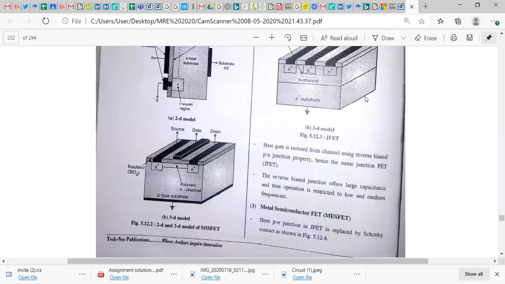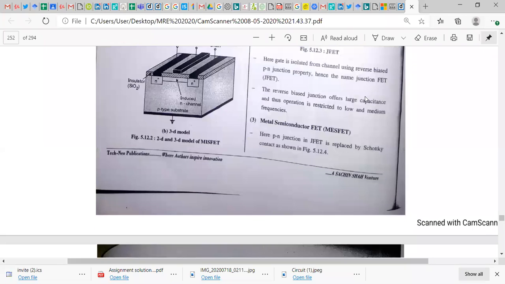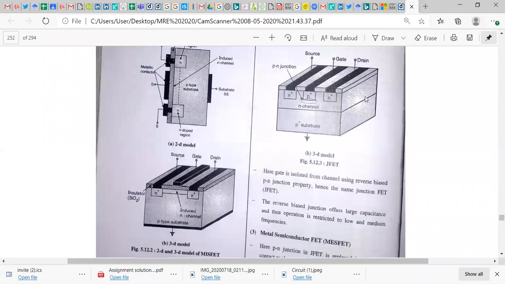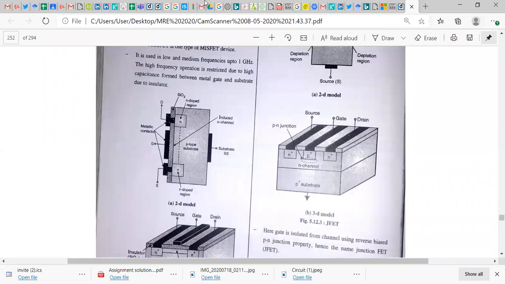Next one was metal semiconductor FET. In metal semiconductor FET,